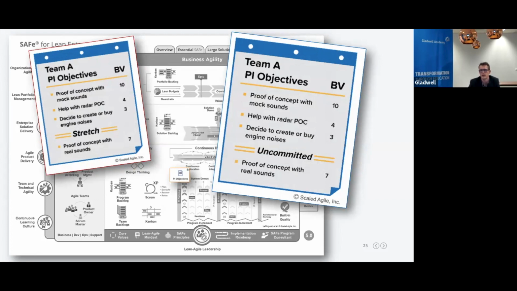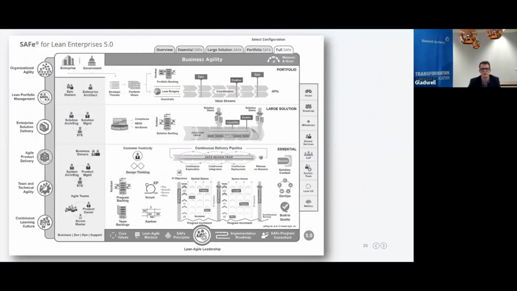So they fit in the plan, that's not changed. We've looked at it. However, we cannot commit to them because of uncertainty, because of unknowns, because of things we cannot influence. So it's really pointing out now this is uncommitted. So this will save me a lot of discussions and explanations in the future. So I'm really happy with that. So for your next PI planning event, change your board and come up with objectives that say uncommitted PI objectives as well on team level and on ART level.